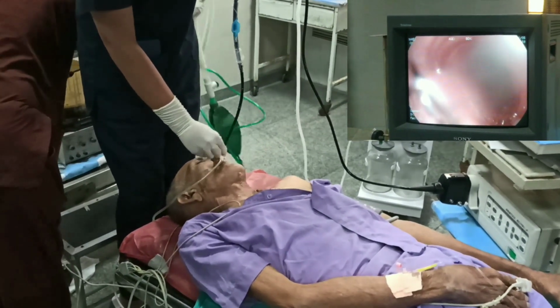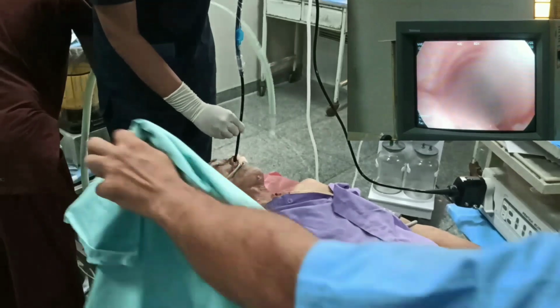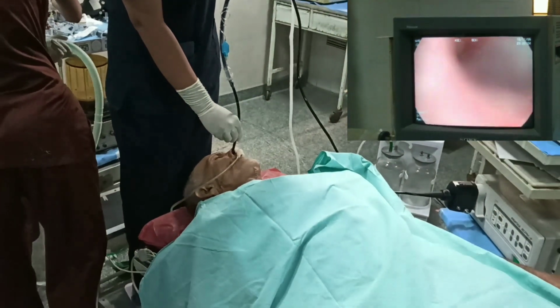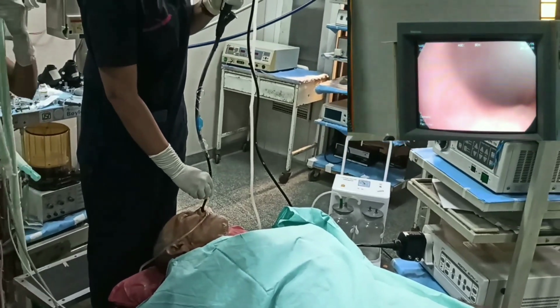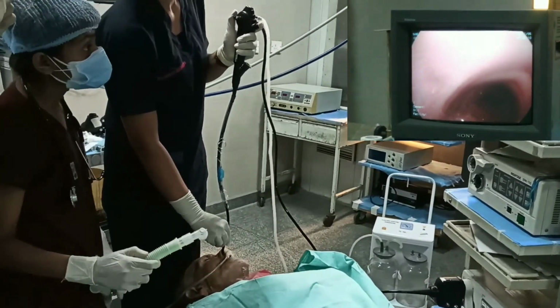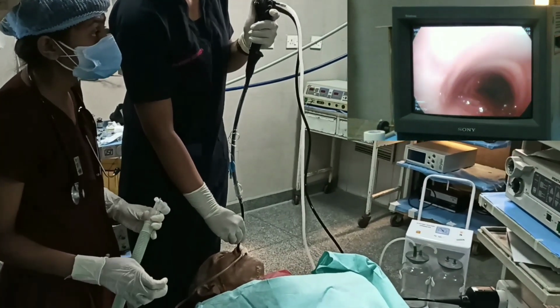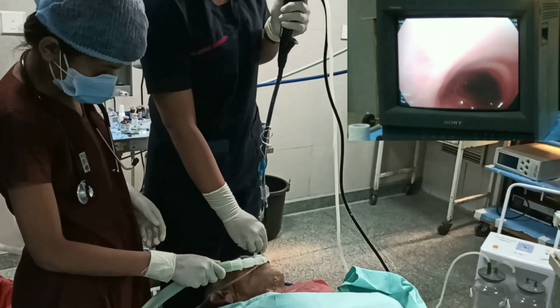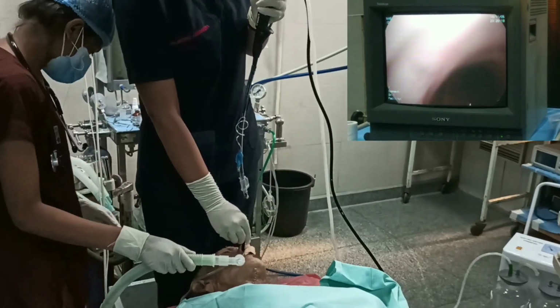During bronchoscopy, we make 3 movements. We can go in and out. We can rotate the bronchoscope right and left and move the lever up and down. Due to previous surgery, the anatomy is distorted. Now you can see the tracheal rings, the trachea, and we are guiding the scope in up to the carina.